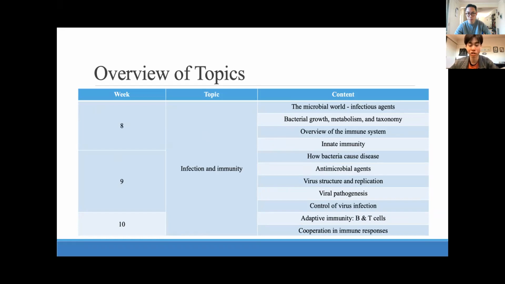So antibiotics, you learn about the different classes. I think we briefly touched on antivirals for viruses. We learn about bacterial metabolism and ways to characterize bacteria based on their differences. The main thing is that bacteria and viruses have very unique ways of evading our immune system to cause disease. And I thought that was pretty interesting.